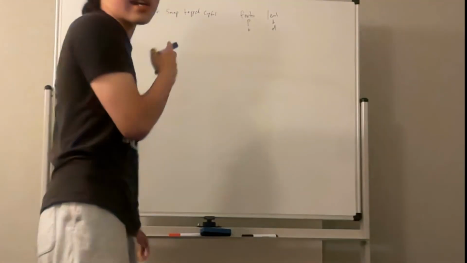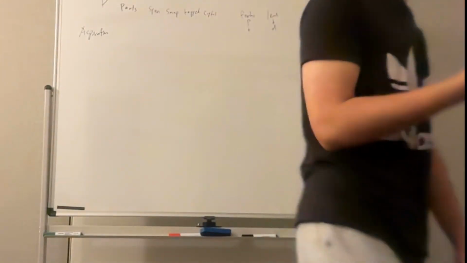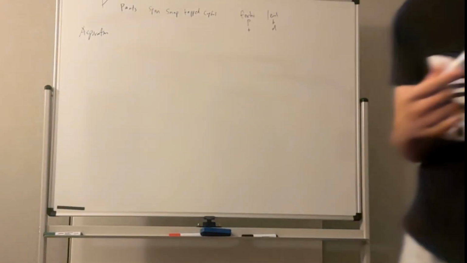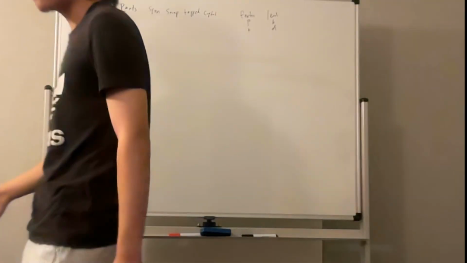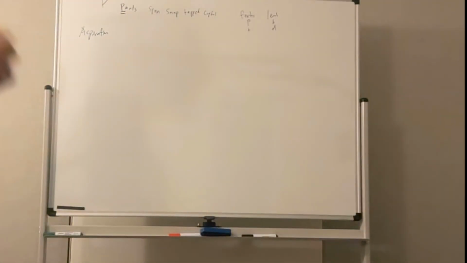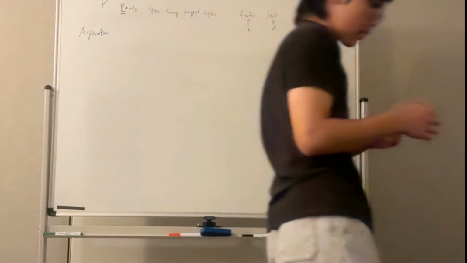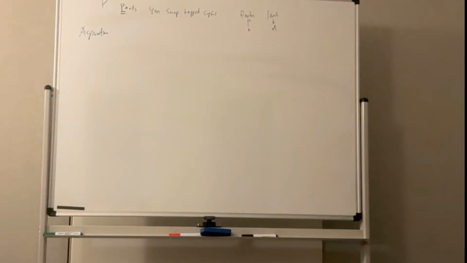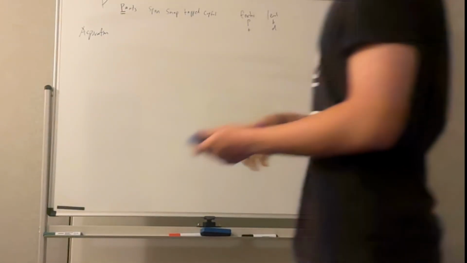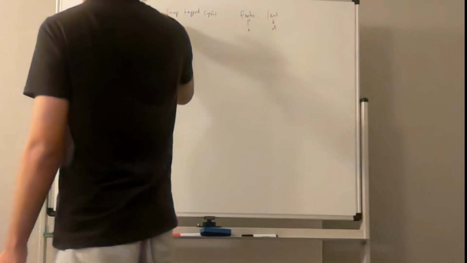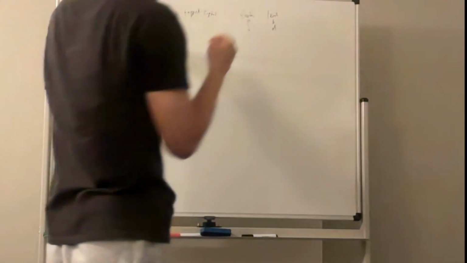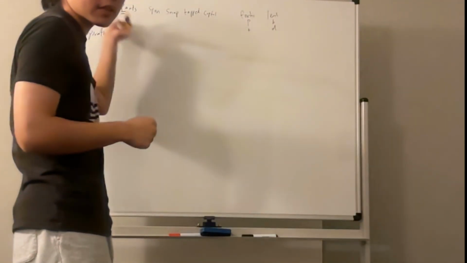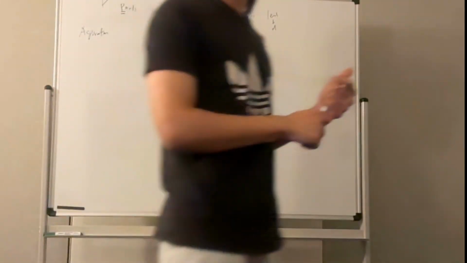Now, what criteria does P need to meet for it to be aspirated? Well, it needs to be at the start of a word or at the start of a stressed syllable. For example, not in words such as span, sorry. But it needs to be at the start of a word.